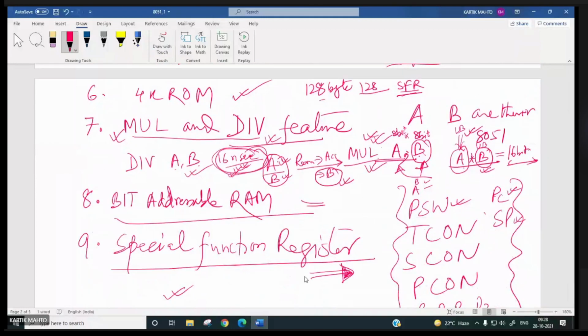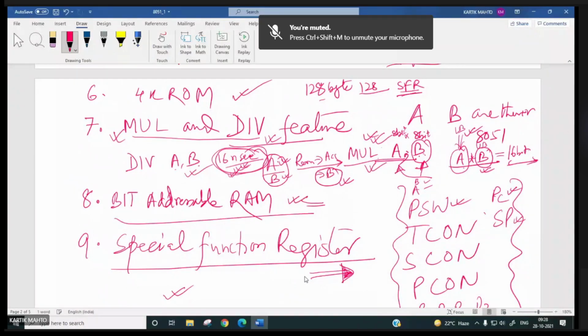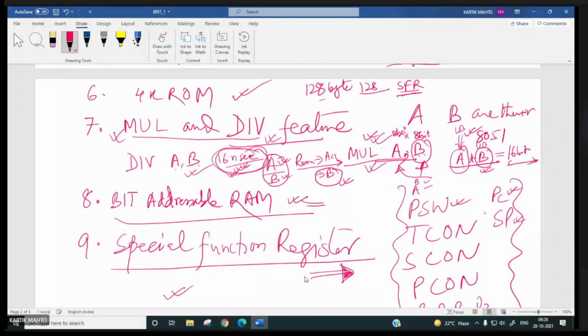Now this one is very important: bit addressable RAM. In this 128 byte RAM, 16 bytes are bit addressable. This is a very, very important feature. With this feature, you can develop a PLC using a microcontroller.